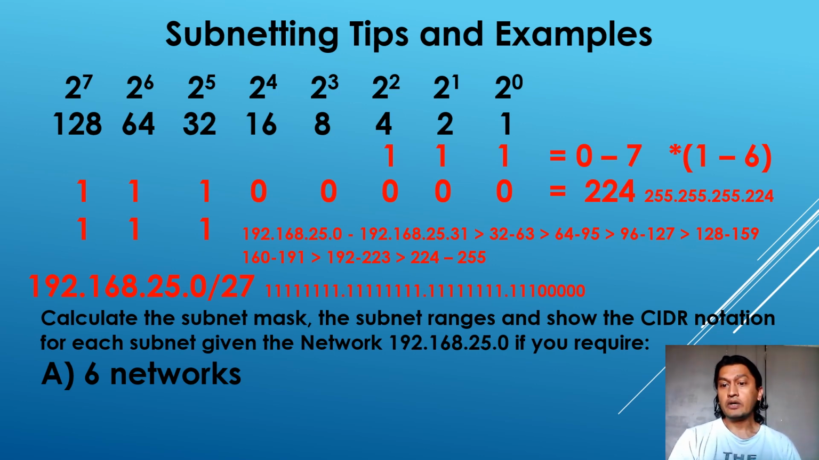192.168.25.0/27. How do I get my 27? 27 ones in the subnet mask. 8 in each of the first 3 octets, so that's 8, 16, 24. And then 3 network bits, or 3 ones in the last octet. So 24 plus 3 gives you your 27. And that's how you end up with